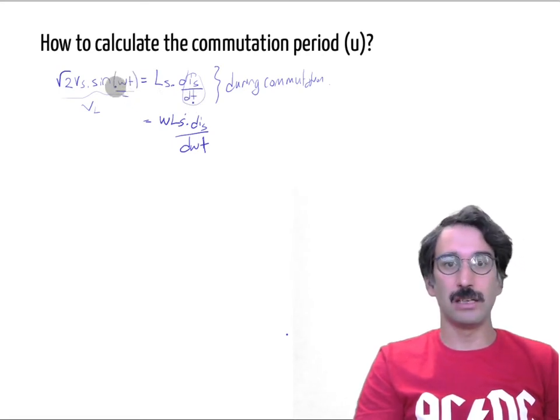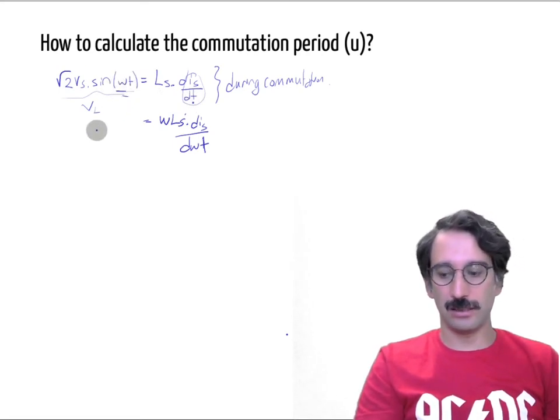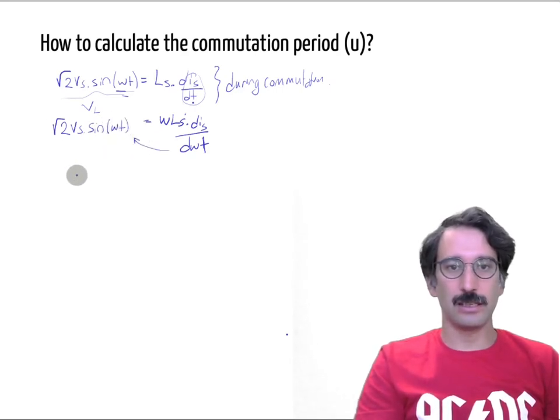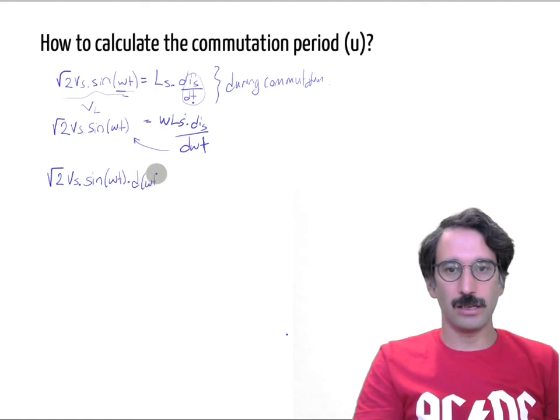Similarly, you can get rid of omega t here, it is the same. So that thing is equal to square root 2 Vs times sine omega t. So let's take that one to here. I will have square root 2 Vs times sine omega t times d omega t is equal to omega Ls